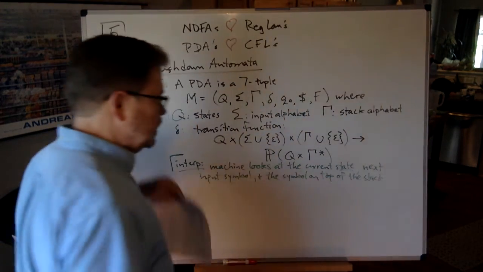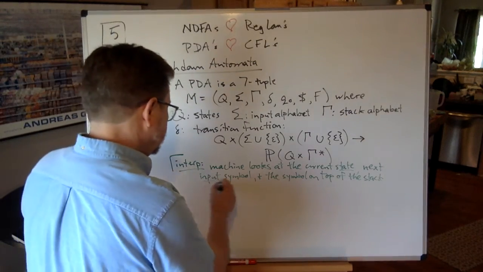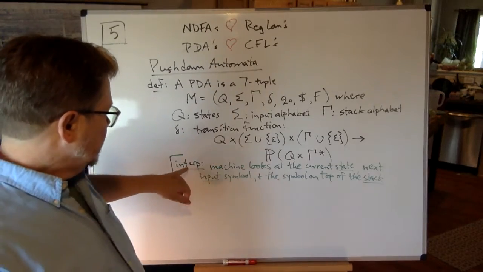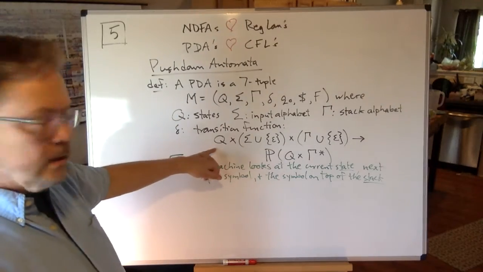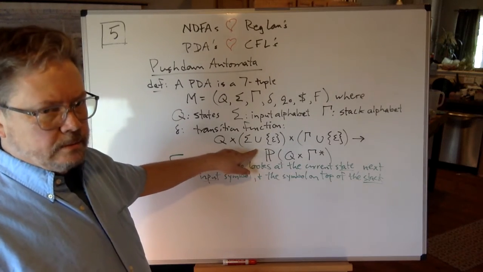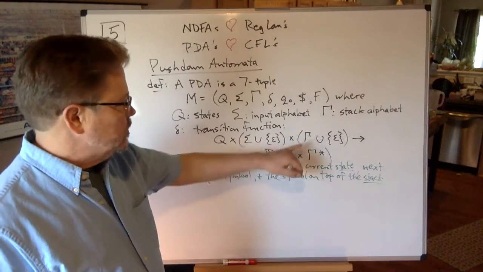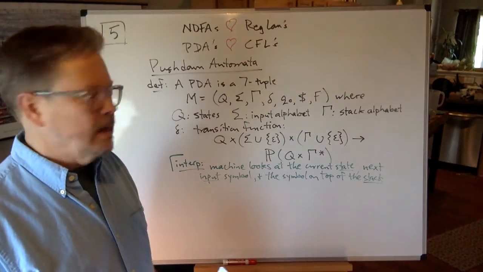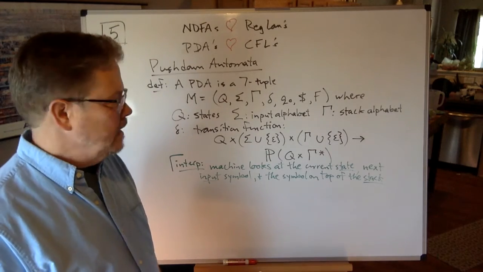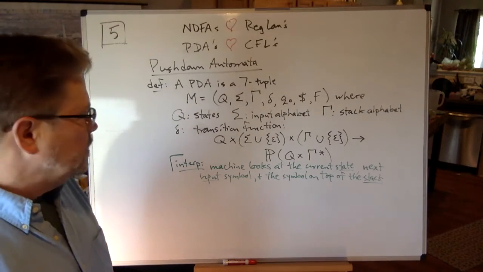Now, where did I get that? I wasn't even looking at my notes when I wrote that down. Input, stack, I guess those are the words and such. I got it from right here. The machine looks at the current state, an element of Q. The next input symbol is an element of capital sigma, our input alphabet. And it also looks at the symbol on top of the stack, which has to be one of our stack alphabet symbols. It's not input. The stack is like our own little stack in the back where we store things so that we can remember them later on.